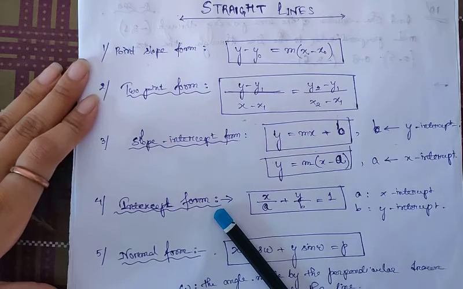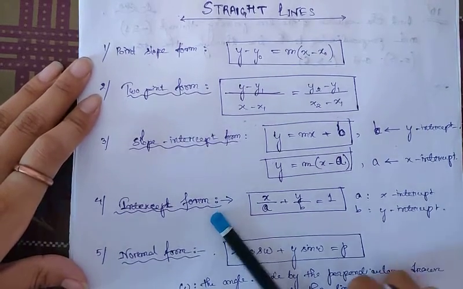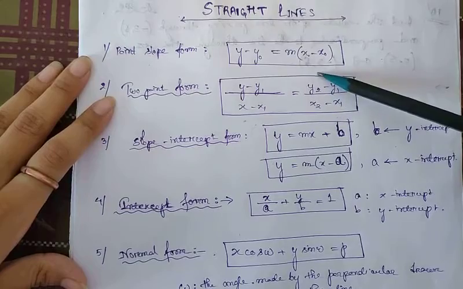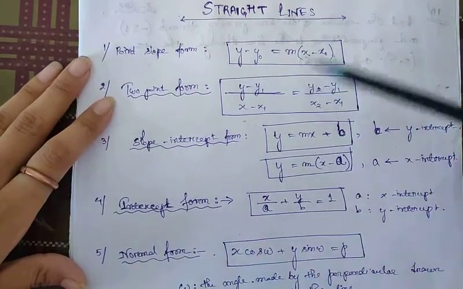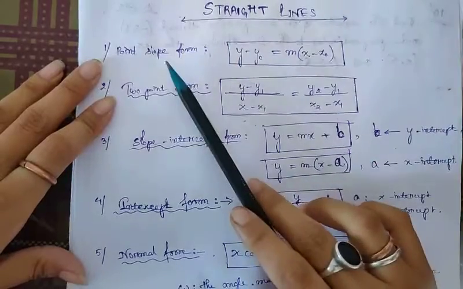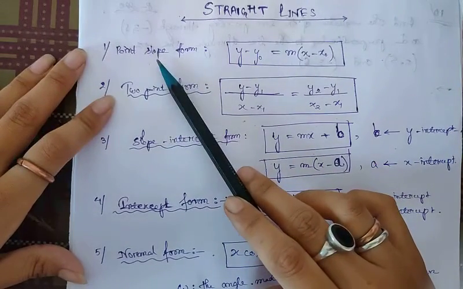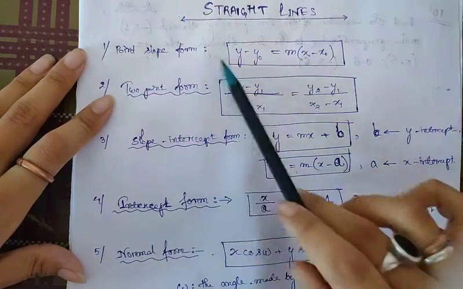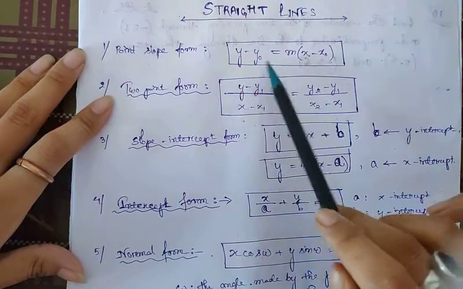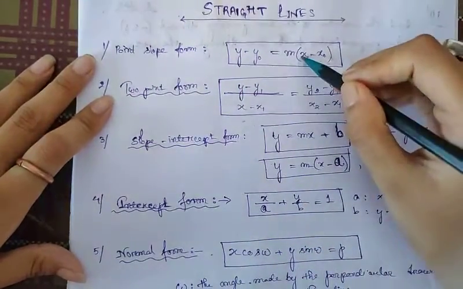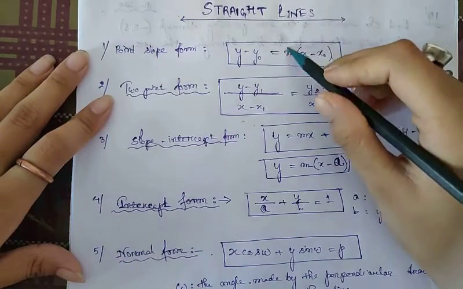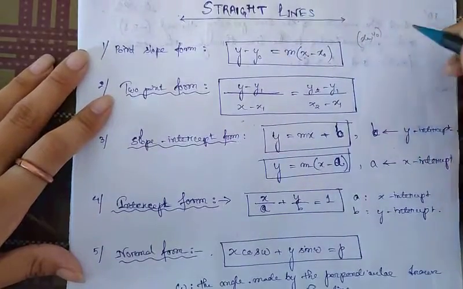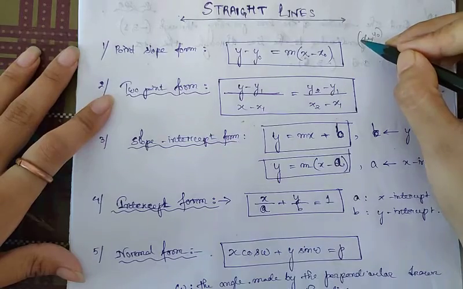Hello, last class আমি straight line study কৰিছিলো, so last class আমি কিছুমান types of equation of a straight line পঢ়া হৈছিল. So first আমাৰ কি আছিল: if we are given the slope of the line and any fixed point, then the equation of the line will be y minus y naught equal to m into x minus x naught, where m is the slope of the line which is given and x naught, y naught is the particular point or the fixed point which we are given.